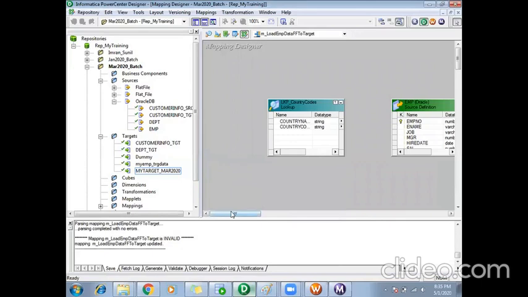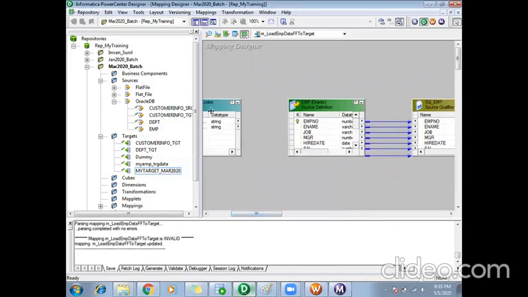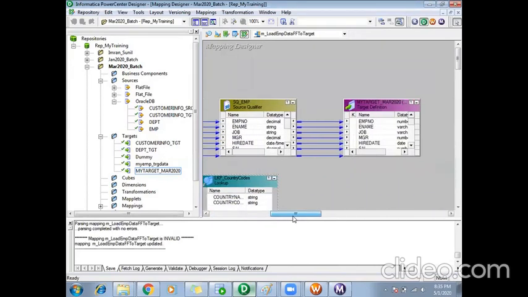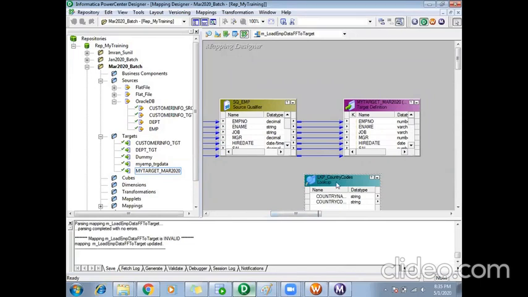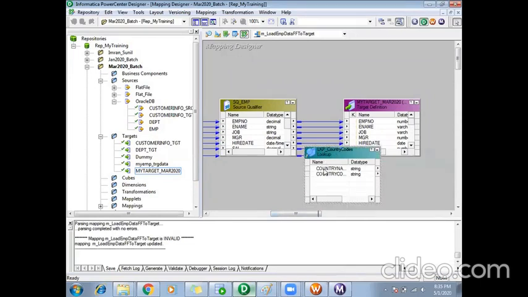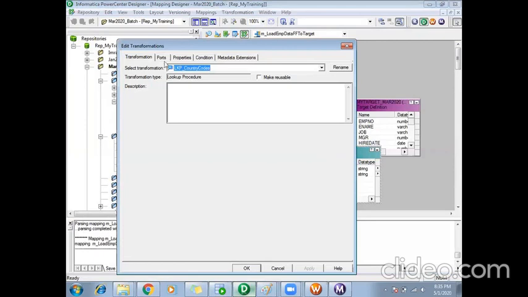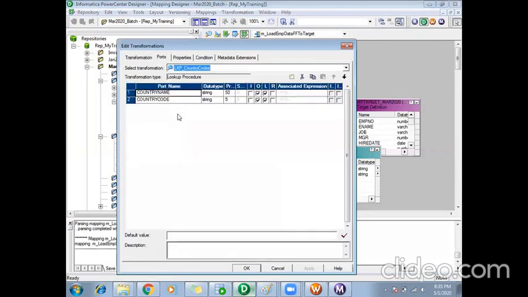So now I'll take this lookup. It will show me the ports which are there in that table. So I have only two columns. Those two are listed here in my lookup ports.